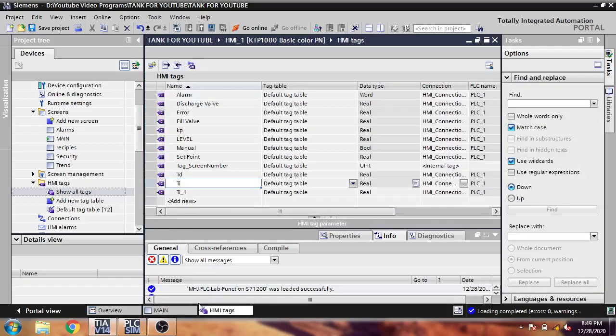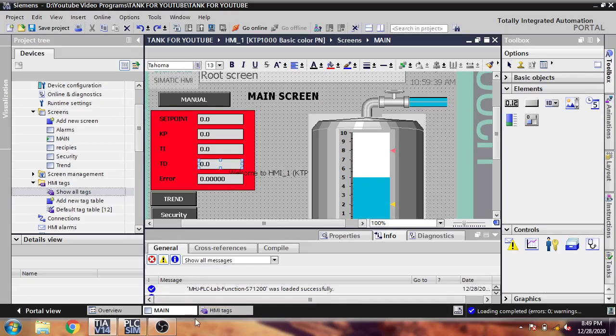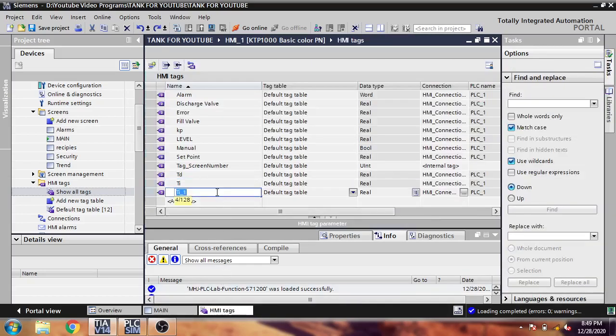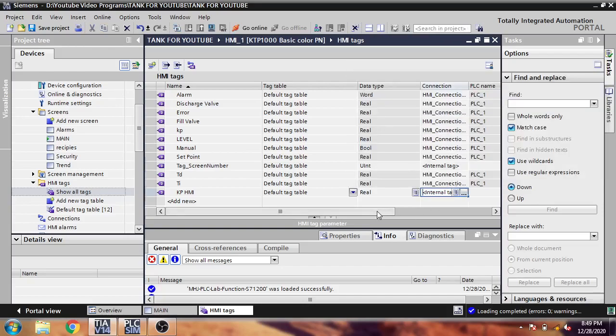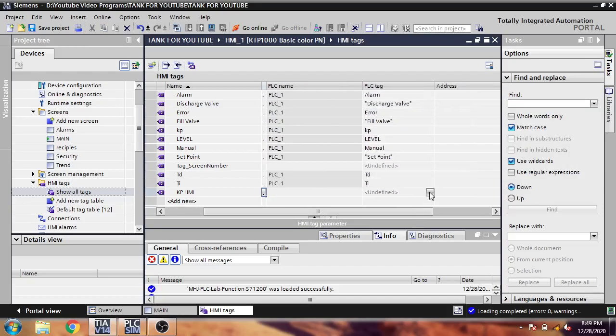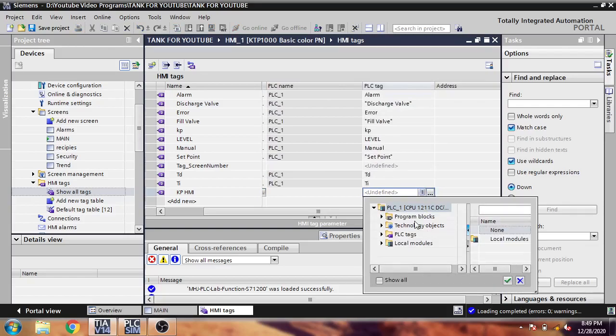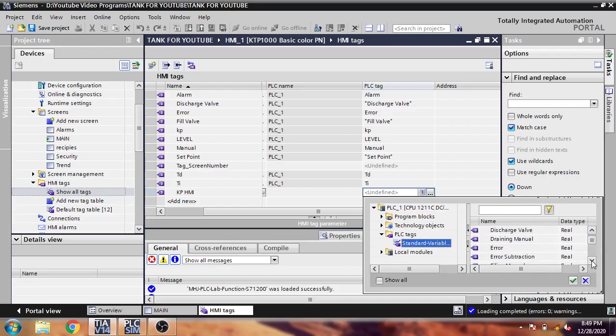So first of all we need to go to tags, and I am going to create a new tag whose name is KP, and I am going to make it an HMI tag, and I am going to show you that internal tag, and I am going to select that as a PLC tag, standard tags, and I am just making it large. We'll see KP.